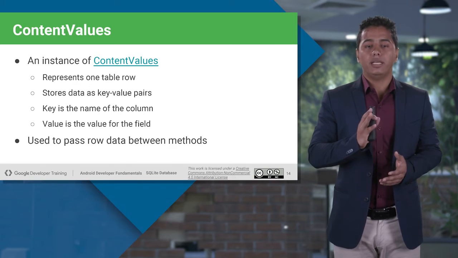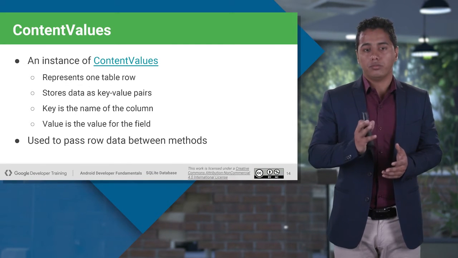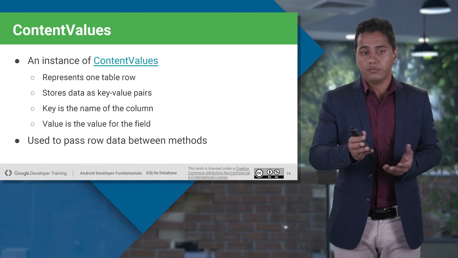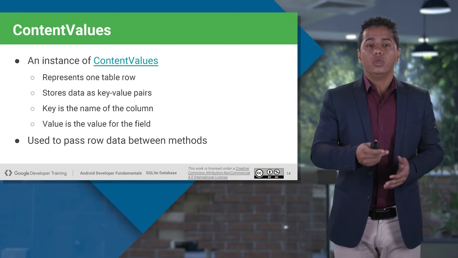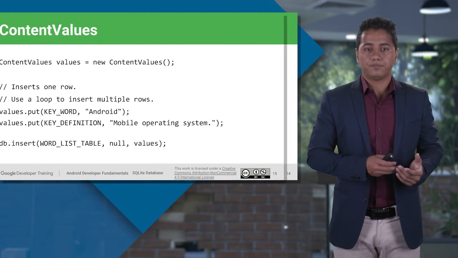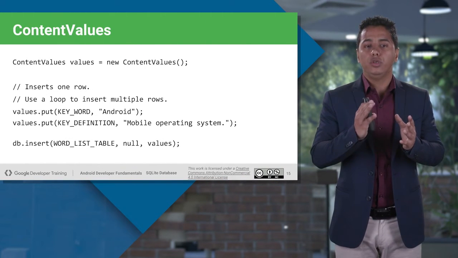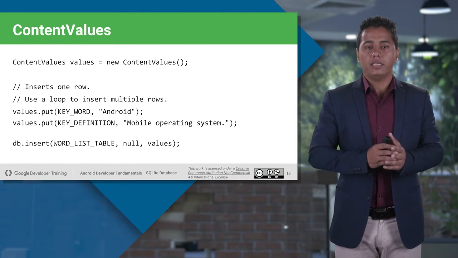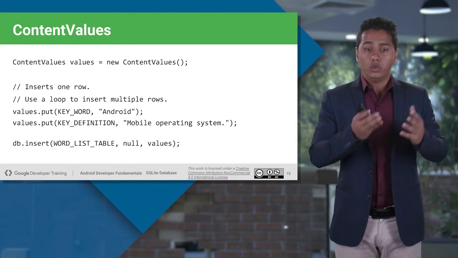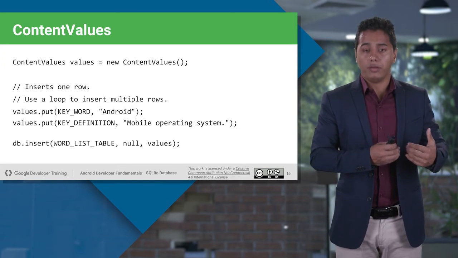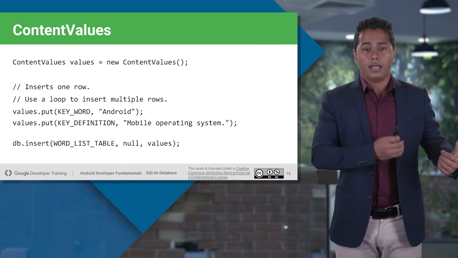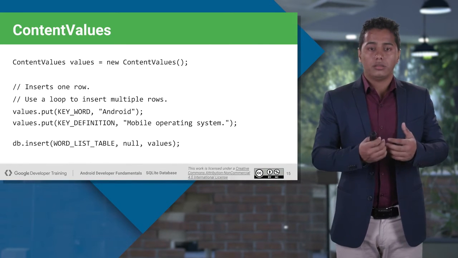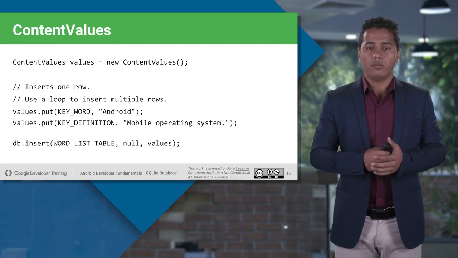One way is to provide the values as variables, maybe a string variable, an integer variable, whatever value you are supposed to pass, or you can use the ContentValues class. Now let's see how exactly we can use ContentValues. First, you will create the object of ContentValues, and then you will use the put method. You will use the key, that would be the column name, and the value corresponding to that column, what you want to save. And similarly, the second column name and the corresponding value you want to pass.